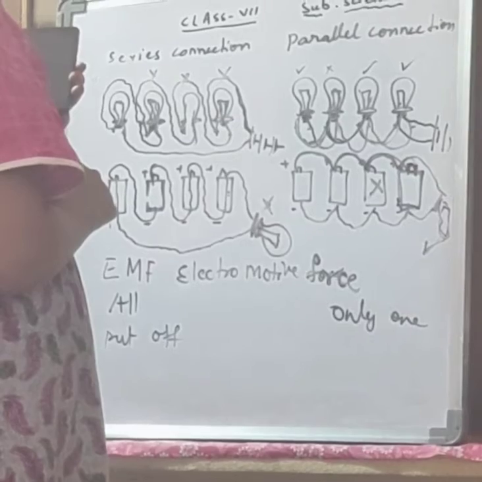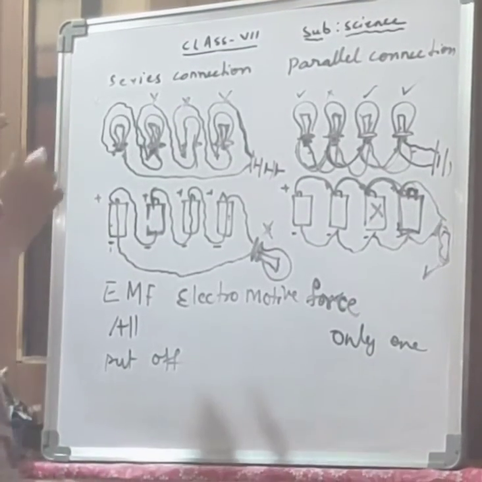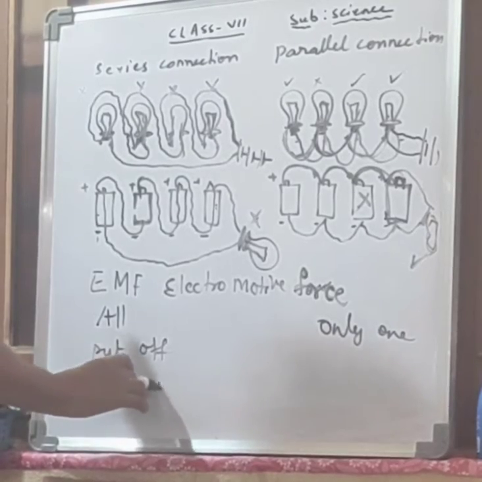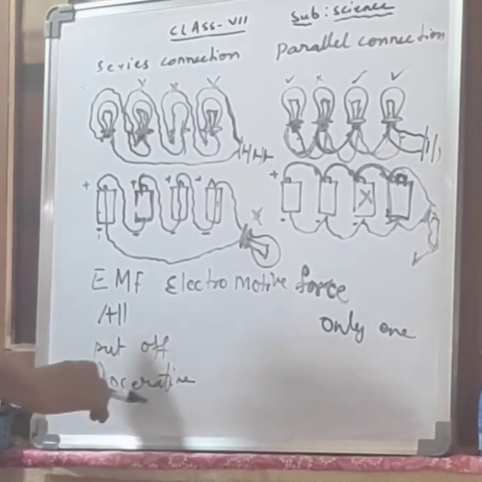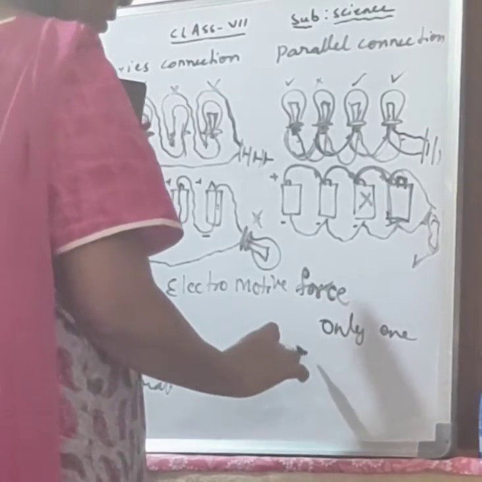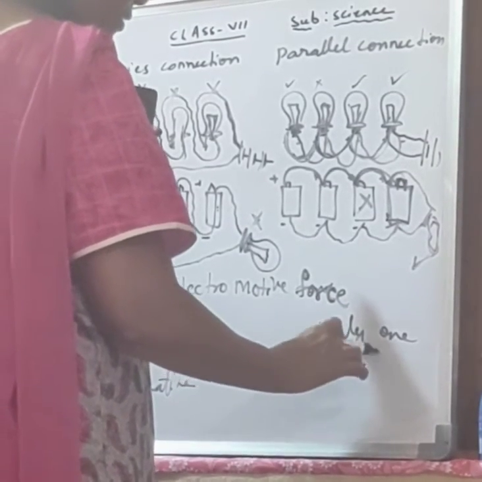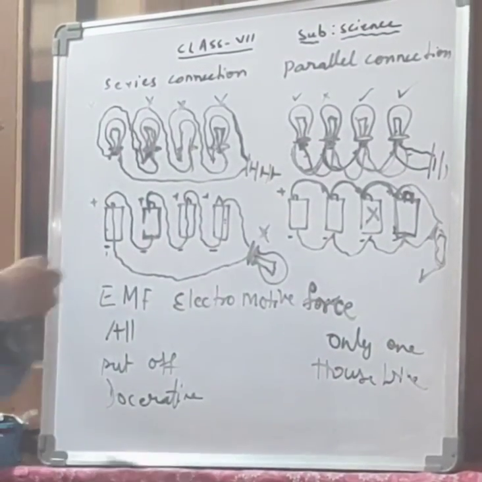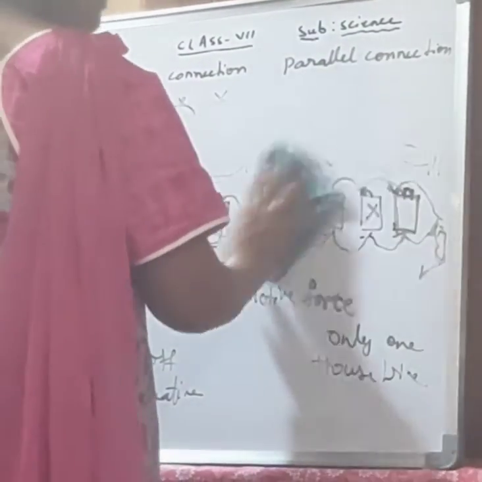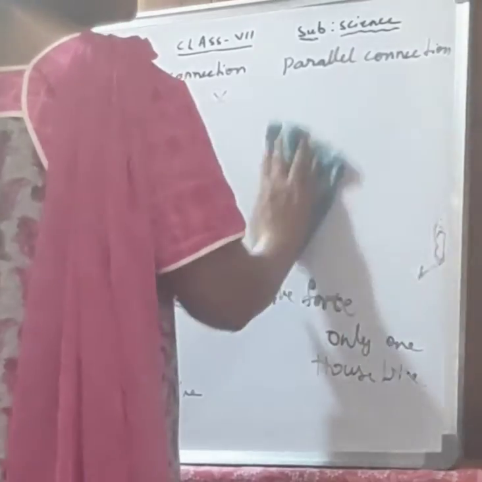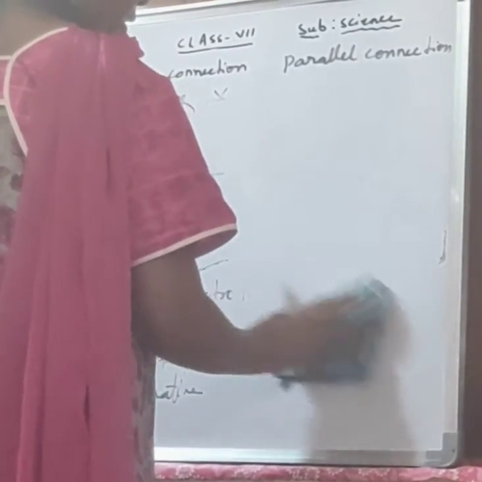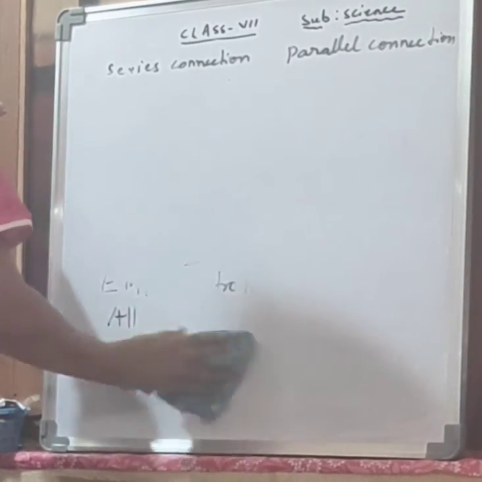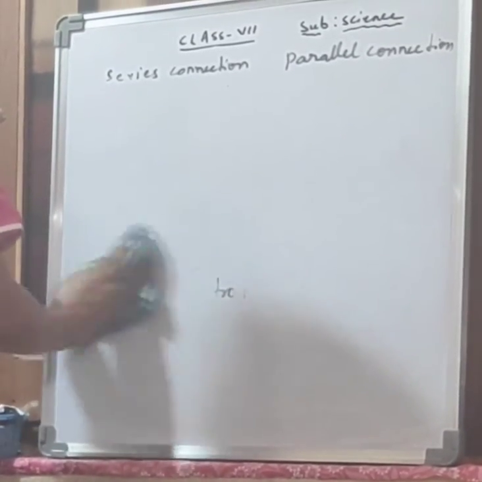One more difference is there. Series connection is used in decorative bulbs. Decorative bulbs, okay. And parallel connections are made in house wire connections. We have electric connections, no? Wiring we made, no? Whenever houses are built, electric wiring is made. So how do they connect all the bulbs and electrical appliances, in a parallel connection, not in a series connection? Now you may ask, how can you say, ma'am, that they are connected in parallel?